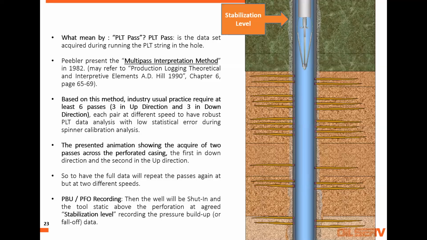Maybe this 500 barrels will not come from one perf only: 50 from this one, 20 from this one, 50, 20, 150. The spinner sometimes cannot see all these small productions, but the temperature can see them. So some interpretation can be based on what's called high precision temperature with the spectral noise tool. You can use such a tool to detect these low flow rates.